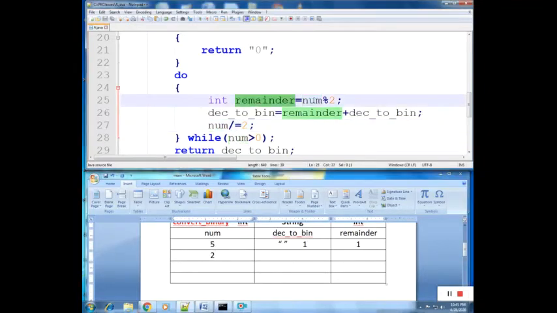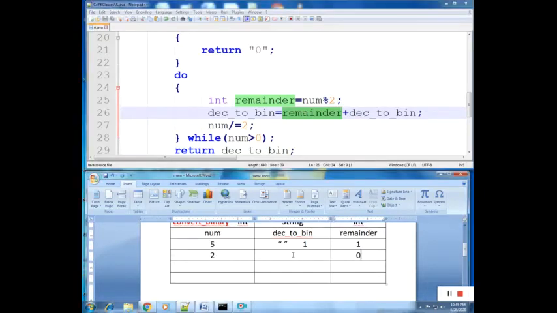And this will continue. Remainder is equal to, now the value of num is 2, 2 mod 2 is equal to 0. The value of decimalToBin is 1. So remainder is 0 plus decimalToBin is 1. That means the whole value will be concatenated as string. Therefore it will be 0 1.